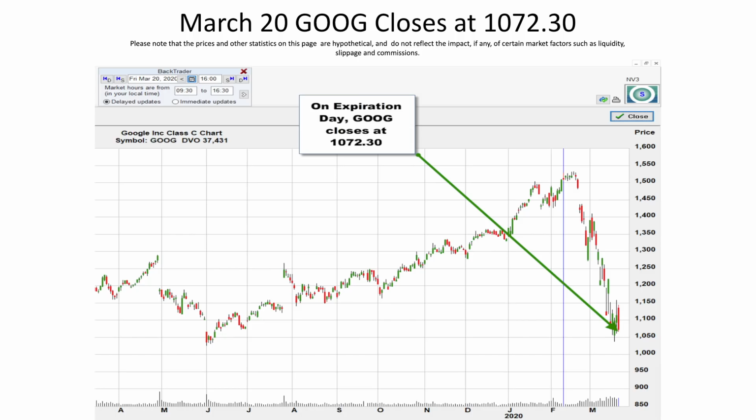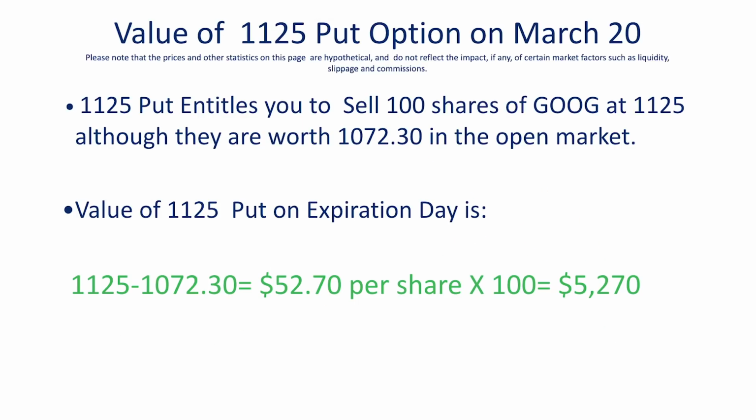So let's say that you owned 100 shares of Google and you were protecting them with that 1125 put. Well, in that case, you could exercise your put and sell your shares at 1125, even though they're only worth 1072.30 in the market. That means you would immediately see a gain of 1125 minus 1072.30 per share, or a gain of $52.70 per share, or